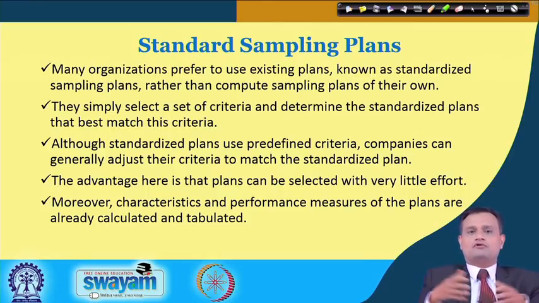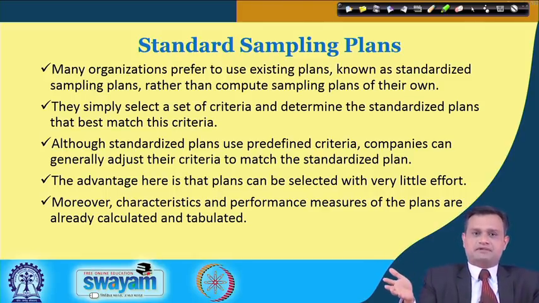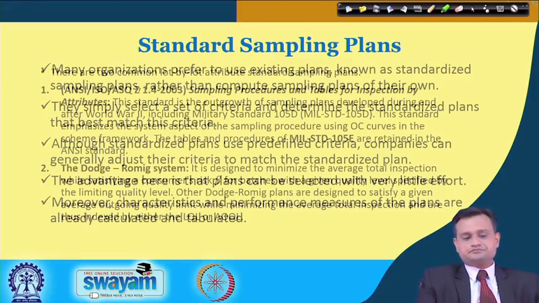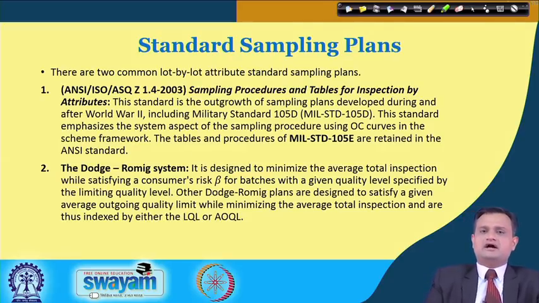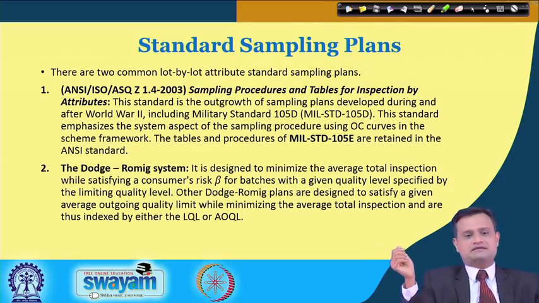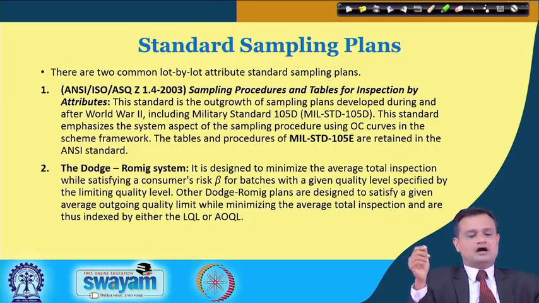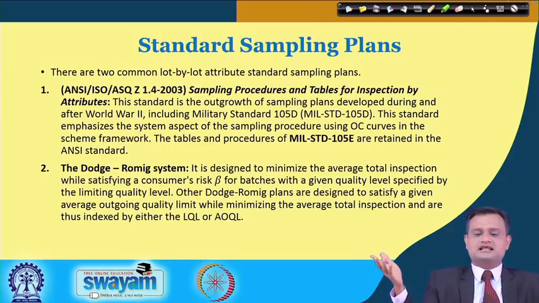They want to go for some standard procedure, or some standards available as a part of military standards sampling plans, and they are more comfortable in the use of these sampling plans. So, typically we have two categories of sampling plan. ANSI ISO ASQ Z1.4 2003, and these plans were basically developed during World War II when there was a lot of inspection to be carried out,